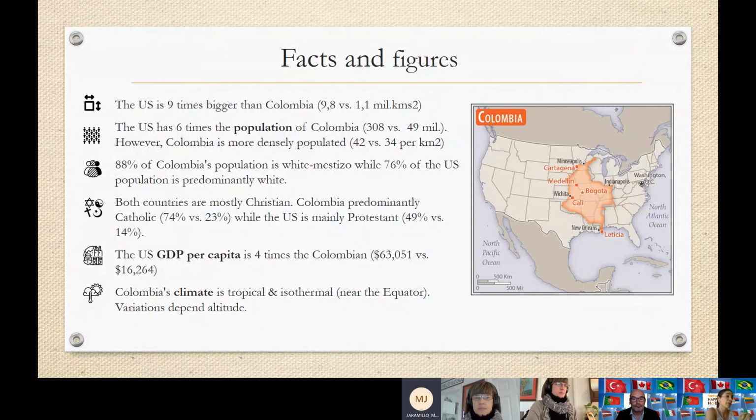The US GDP per capita is 4 times the Colombian, and this is comparing apples to apples. So yes, there's more accessibility to goods and a better quality of life in the US than in Colombia. But it's interesting because they are 9 times bigger, but the GDP is only 4 times bigger. Yeah. Mm-hmm. It looks like Colombia has a higher efficiency then. Okay, I see your perspective. It's a higher efficiency, but still, it's quite a gap, Daniel, for a country so rich in resources. But yeah, I see your perspective when you compare the area with the GDP.